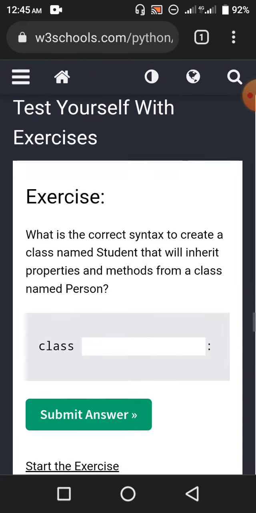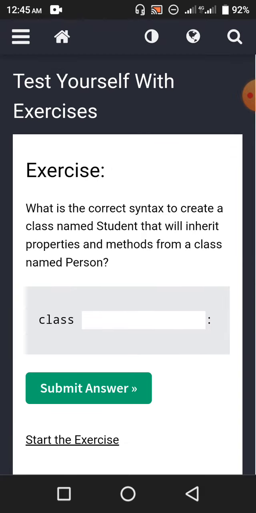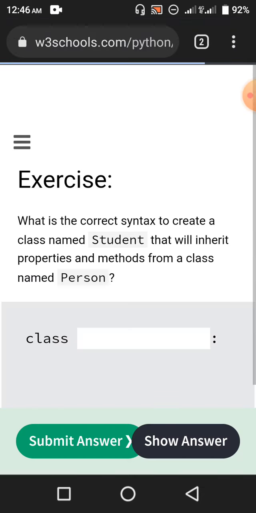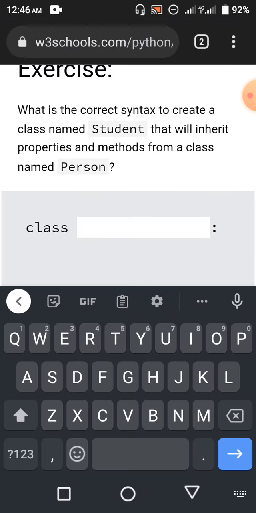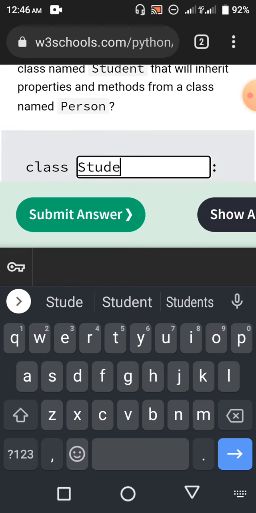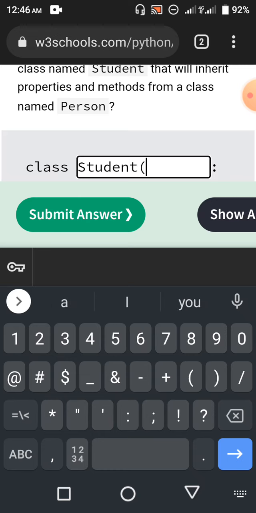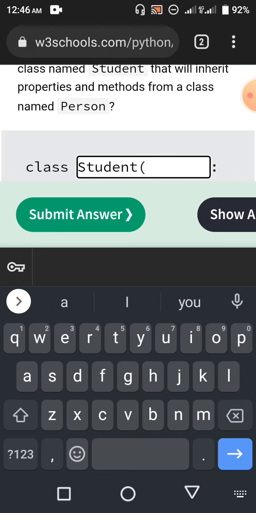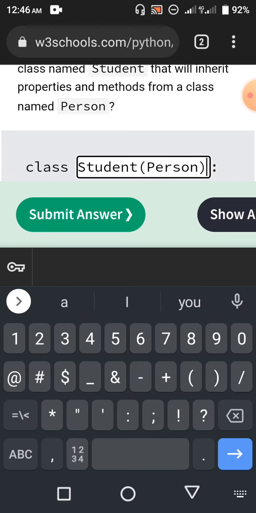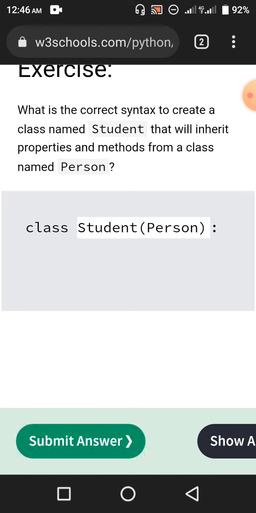Test yourself with exercises. What is the correct syntax to create a class named Student that will inherit properties and methods from a class named Person? That's very easy. First of all, we have to write Student, and S has to be in uppercase, and inside it we will write Person. Now if we submit the answer,